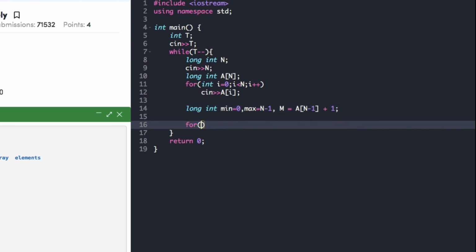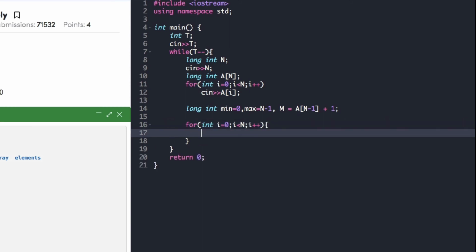So now let's begin with the actual algorithm where we traverse the array from i equal to 0 to n. And at each traversal, we check whether i points to an even index or odd index.